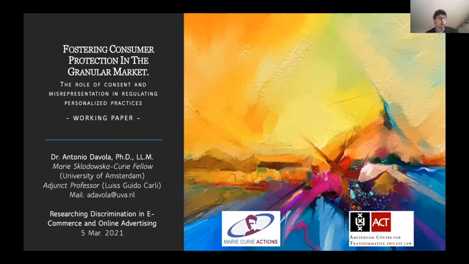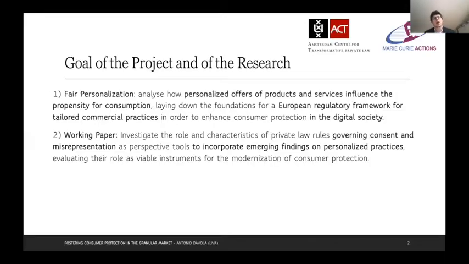Today, the working paper I am willing to present is about fostering consumer protection in the personalized market. As Caroline was saying, it aims at analyzing the role of consent and misrepresentation rules, so rules coming from European private law, in regulating personalized practices. Now, just to provide a minor contextualization before we get in depth with the project and the paper,